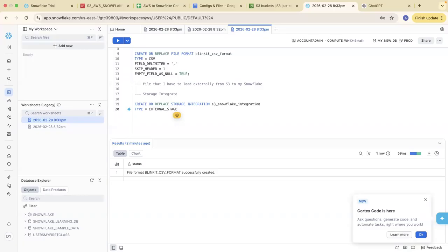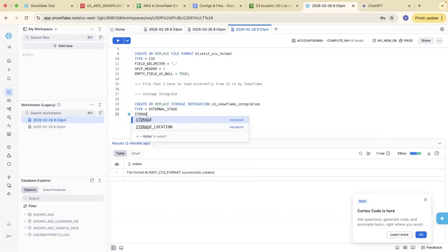It means that once this integration is set up, I will be able to get my Blinkit file from my S3 location into my Snowflake. But if I want to create a table of it, I have to write extra steps. First of all, I'm just trying to create an integration.